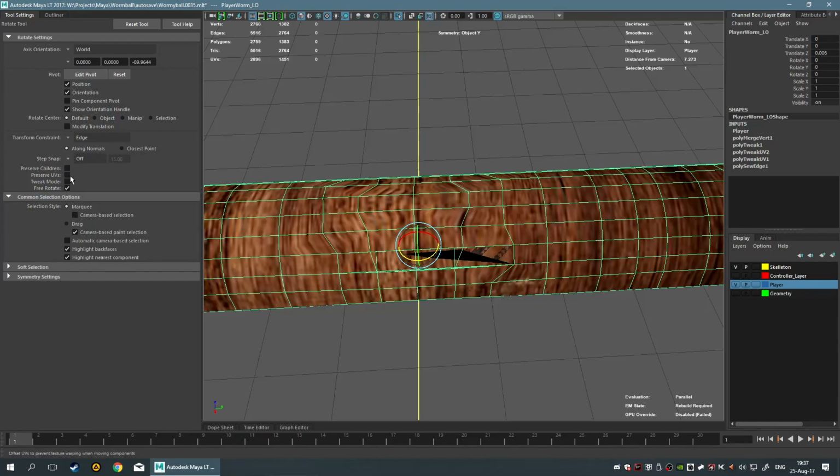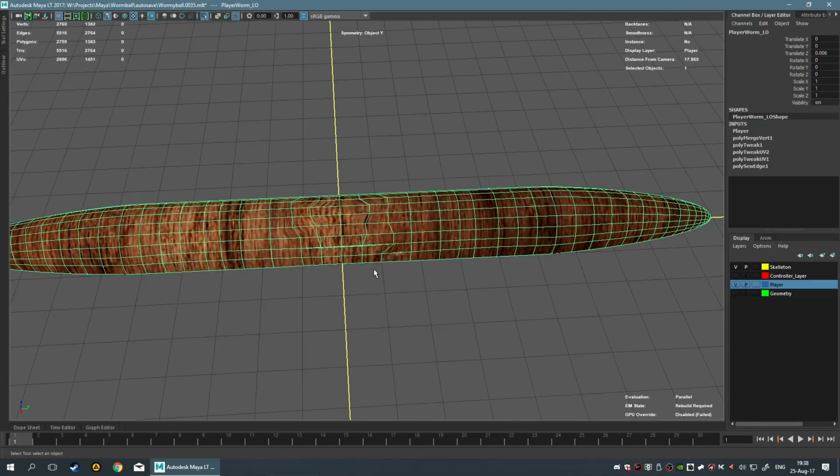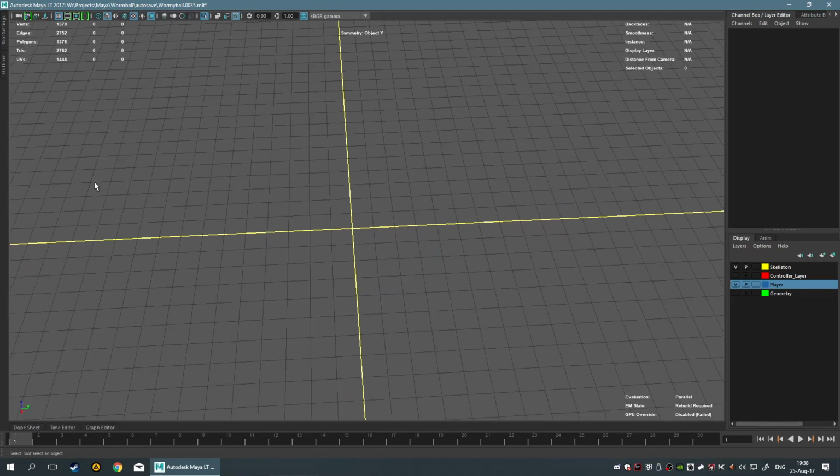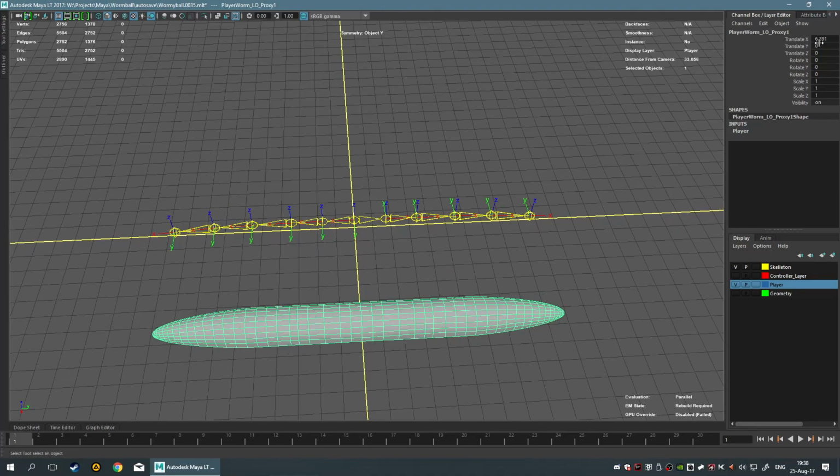Where is it? There you go. Preserve UVs, tweak mode, all that jazz. Make sure to enable it if you need to preserve your UVs. That being said, let's just delete this thing and unhide my objects and duplicate this and zero this out, the